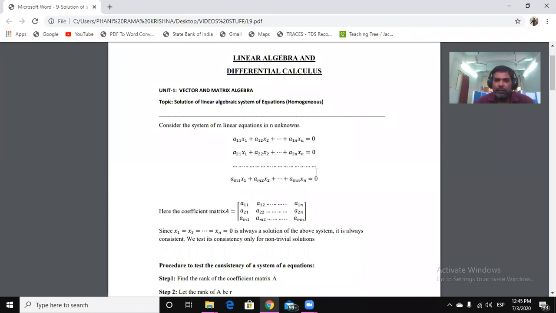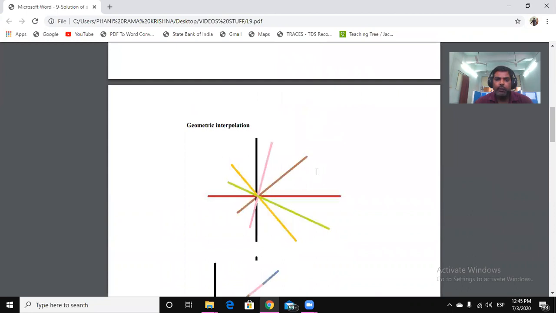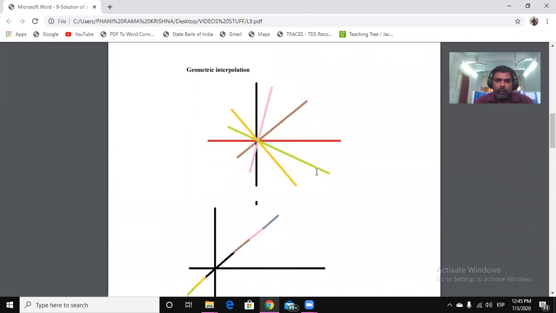So what is geometrically the meaning of these homogeneous equations? These are a set of lines or planes, whatever. All these lines are passing through origin. Then the equation of a line will become ax plus by equal to 0, cx plus dy equal to 0. So this is a system of homogeneous equations, meaning the planes or lines passing through origin.